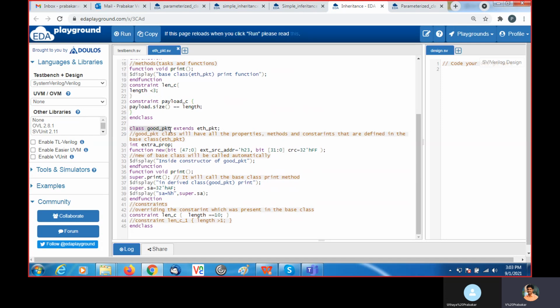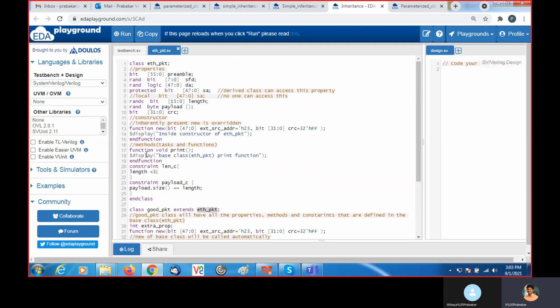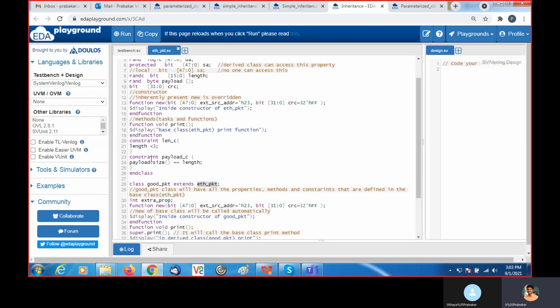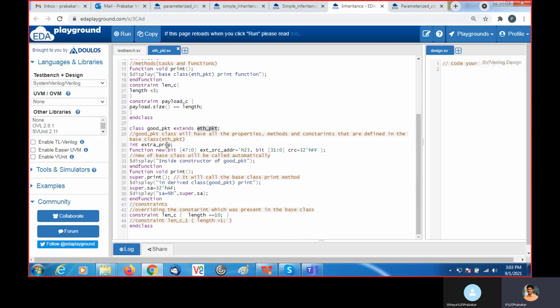Here class good packet is extended from the Ethernet packet. So all these properties and methods are available in the class good packet. Now int extra property is the variable I added in the good packet. Then function new.